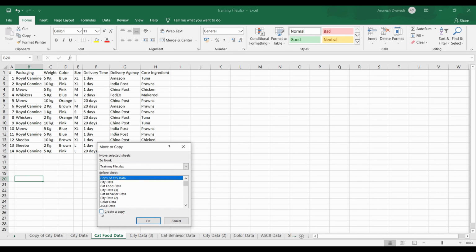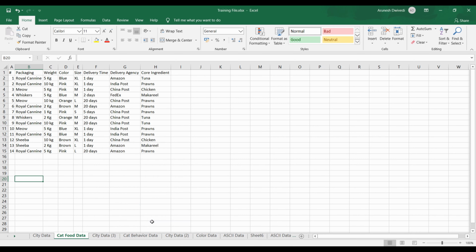So I will select create a copy, and I want to create a copy within the same Excel file, and it will ask you before which sheet you want to create a copy. So let's say I want to create a copy before ASCII data sheet. I will select the ASCII data sheet. The copy will be created to the left of this sheet that I have selected in this dialog box. I'll press OK, and a cat food data 2 sheet is created just to the left of ASCII data sheet.